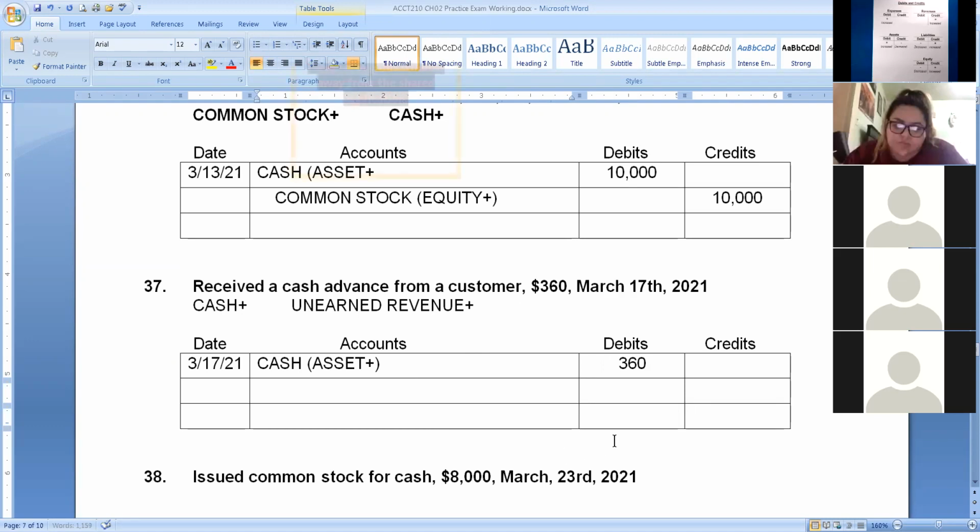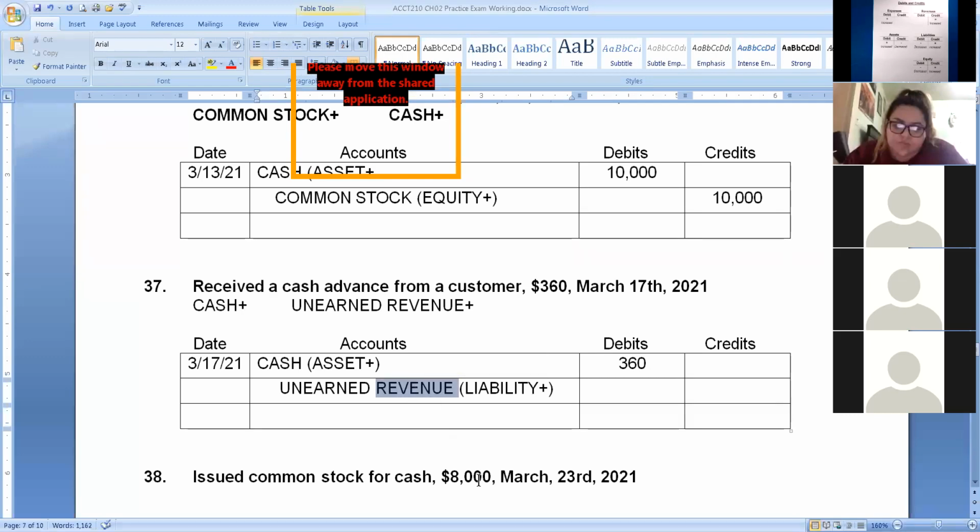Unearned revenue is not really a revenue. Liability going up. Now, here's the thing about making a journal entry. Even if you mistakenly thought it was a revenue, revenues are always credits. So usually you're okay even if you make the